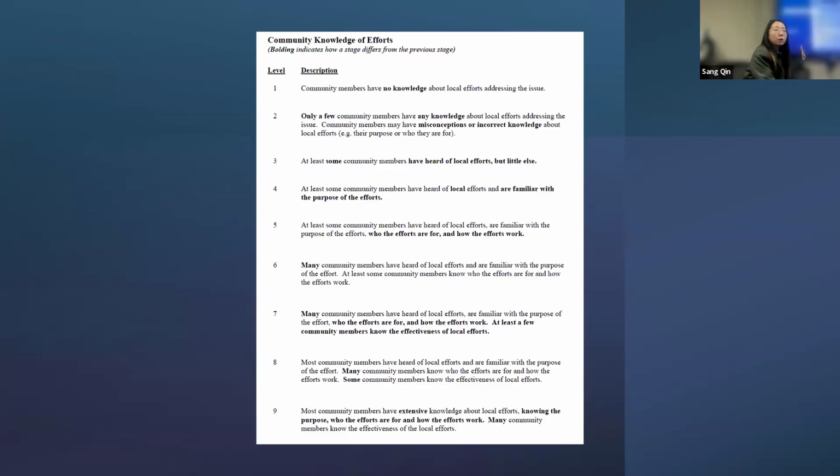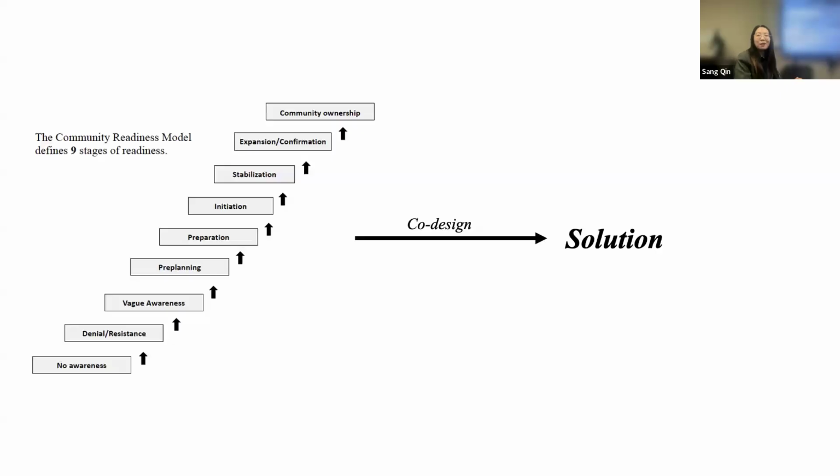So we will do the scoring for each of the transcripts. We will aggregate all those transcripts, and eventually aggregate all those dimensions to get a community stage for the one community we are studying. So eventually, across so many hours of interviews, we will be able to determine the stage the community currently is at. Then based on the stage, we try to map to the solutions.